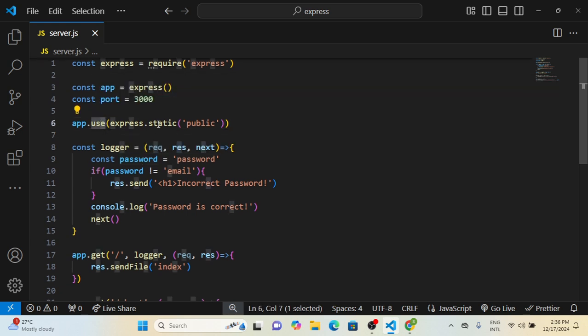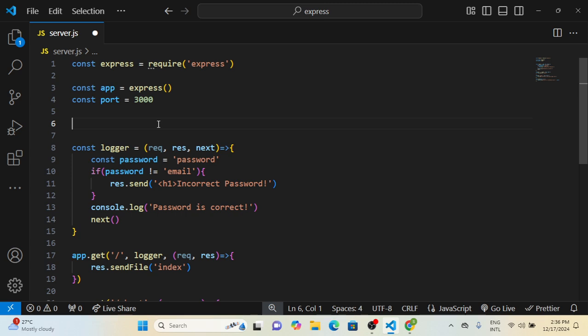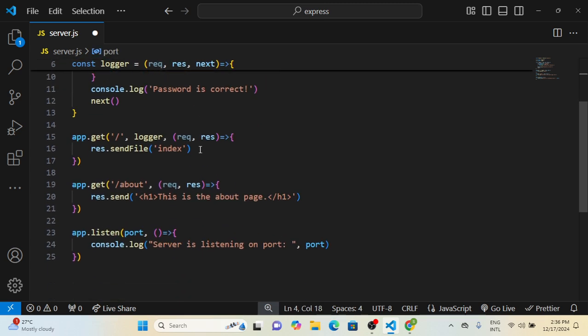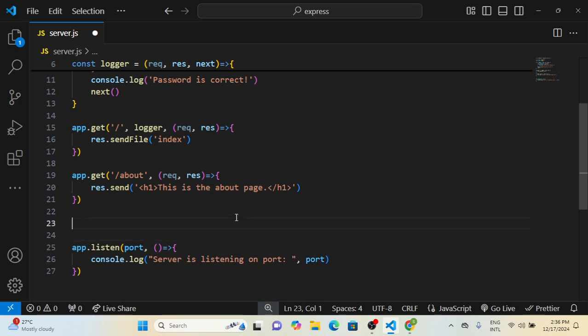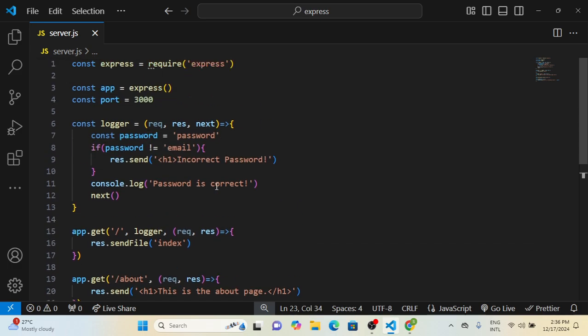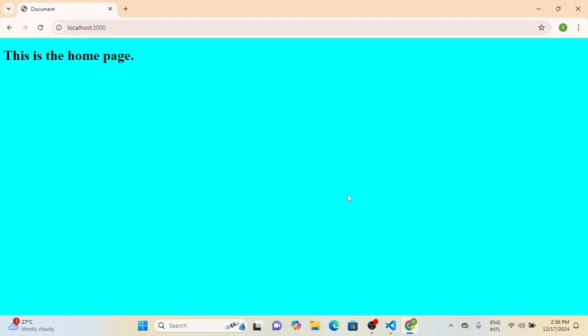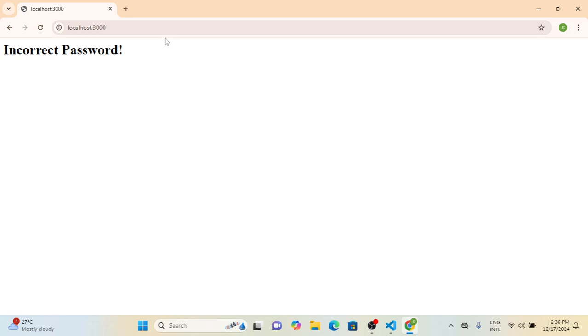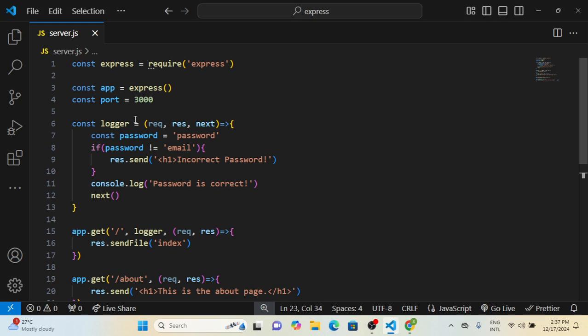So let us remove this from above and place this below, almost where we have our app.listen, and let us save this. If we save this and go back to our browser, reload, now we can see incorrect password,